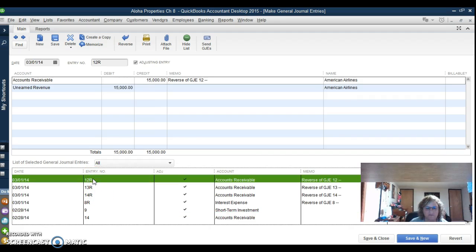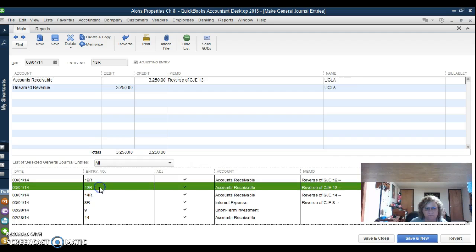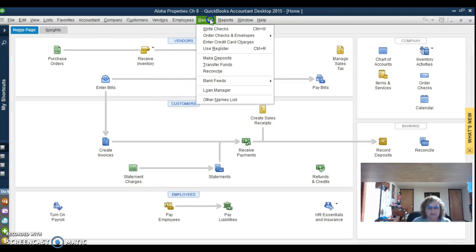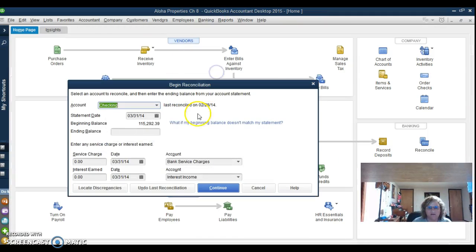This is the first one. We reversed that: accounts receivable credited $15,000, American Airlines, debited unearned revenue $15,000. Reversing entry 13 was credit accounts receivable $32.50 UCLA, debited unearned revenue $32.50 UCLA. And the third one was credit accounts receivable $7,500 for UCB, unearned revenue debit $7,500, and these are dated March 1st of 14. Then it wanted us to go to bank reconciliation,